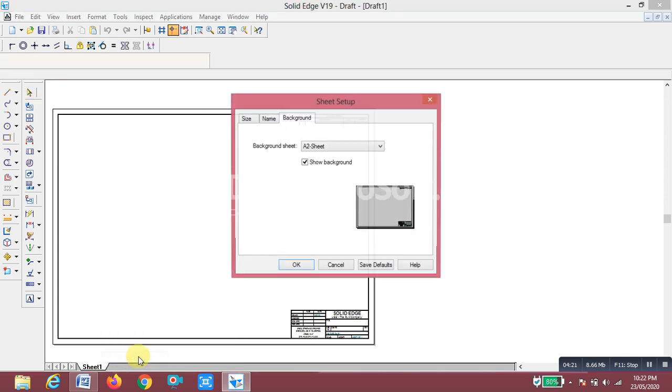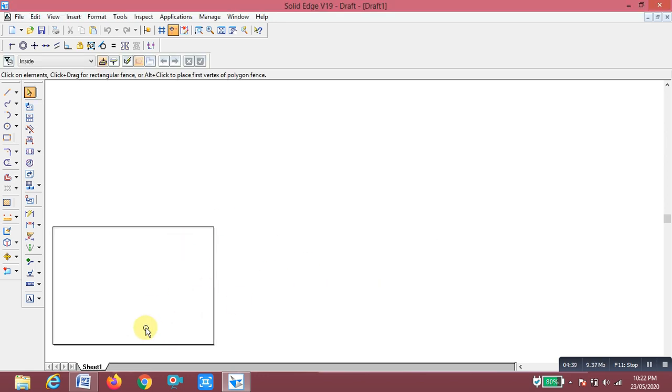The selected sheet is A2. In the examination we are going to select an A4 sheet, and you have to hide the background, the borders are not required. Save draft, then okay. Now this is your A4 size. Then click on the fit command, that is fit to the screen.